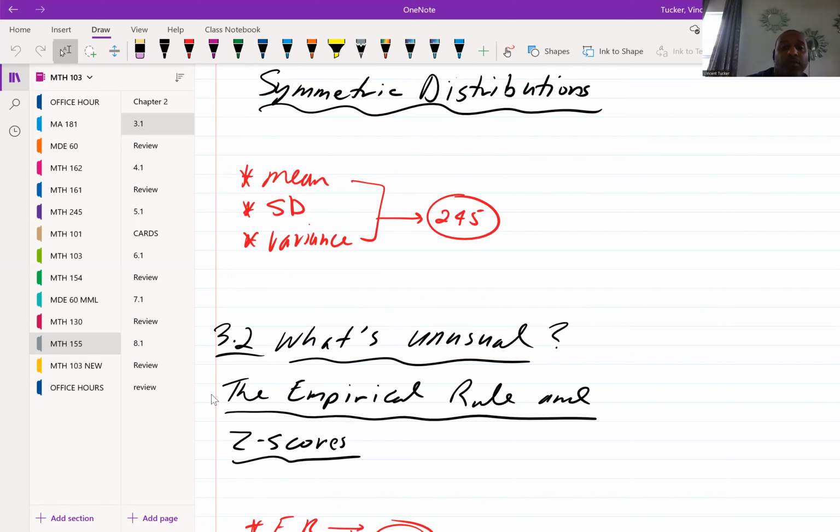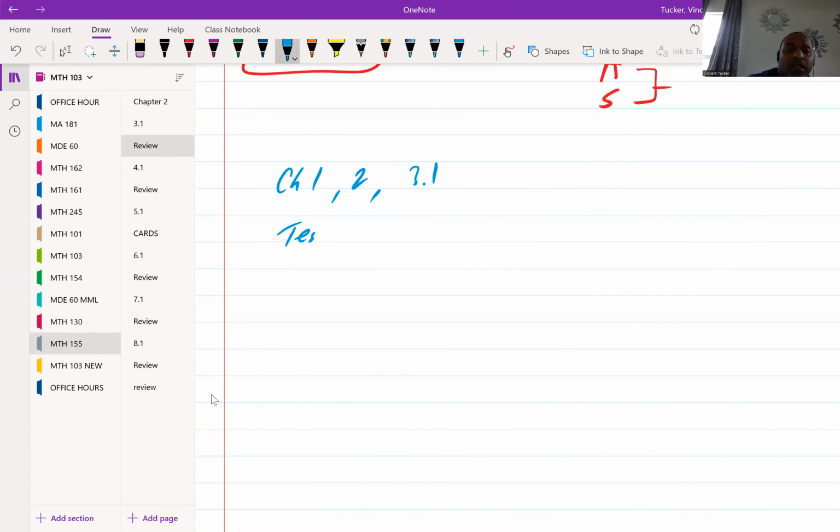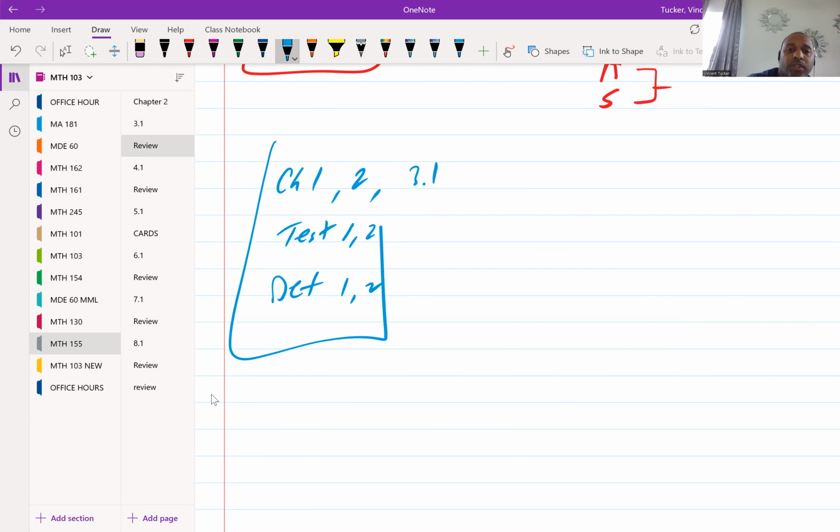What you guys are responsible for up to this point is, we talked about chapter 1, chapter 2, and all we talked about today was 3.1. So that test is on chapter 1 and 2. And then you got your definitions. That's on chapter 1 and 2. So that's most definitely what you want to be working on this weekend, to the best of your ability. Now, if you got a lot of stuff going on because it's a holiday weekend, it's fine. It's all about communication. If you can't get something done because you had stuff go down, then make sure you get with me on that.